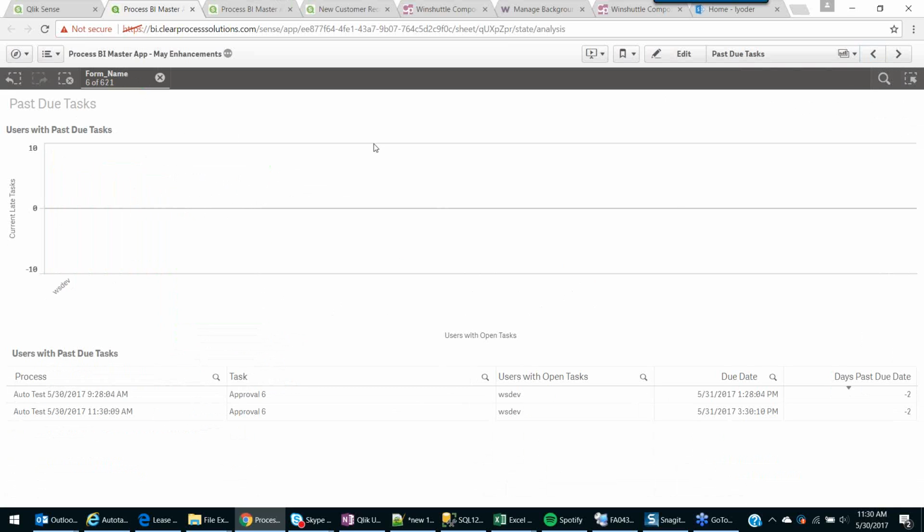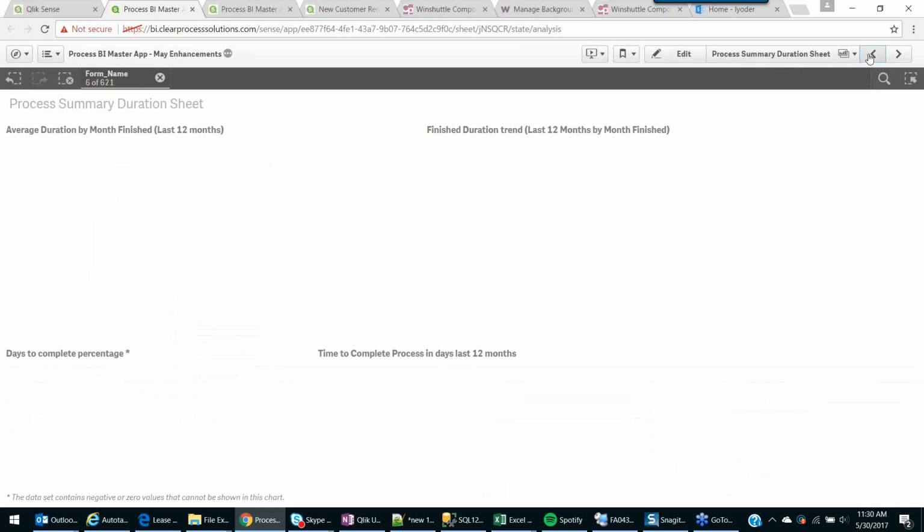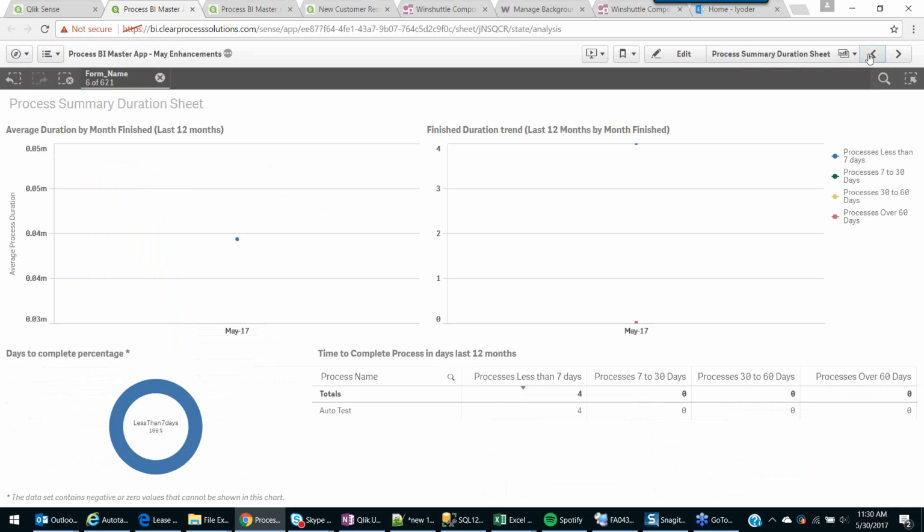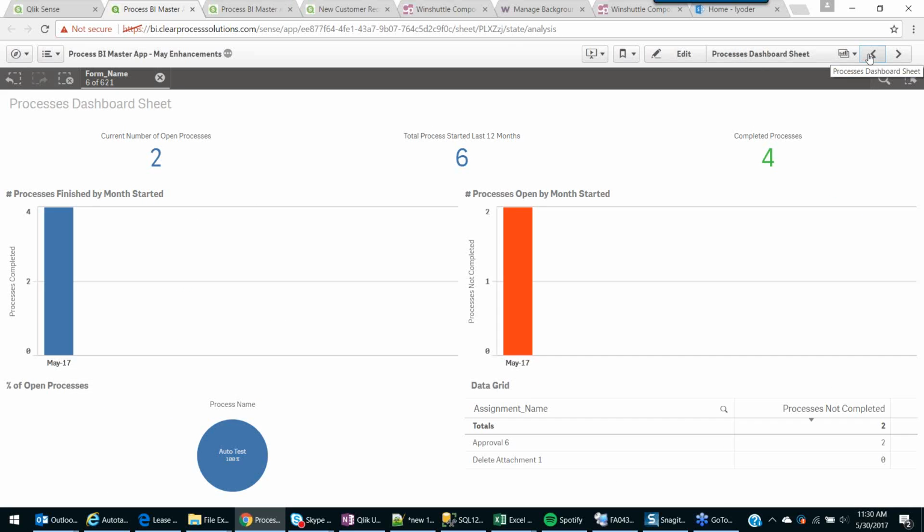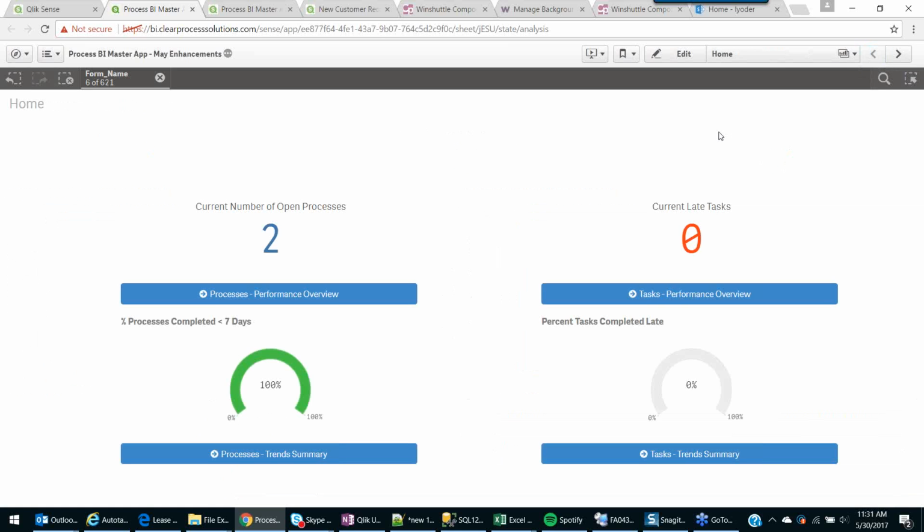Okay, so now all of my graphics are filtered on those 6 processes that I selected. As I move from sheet to sheet, you can see the information for those particular processes. Okay, so that's a little tip: you can pick something from a different sheet that you may not have available somewhere else, but then use it as a filter to get more granular data on other